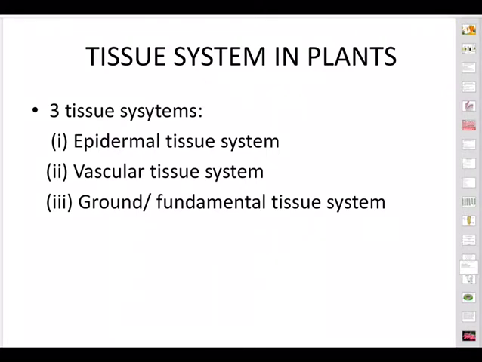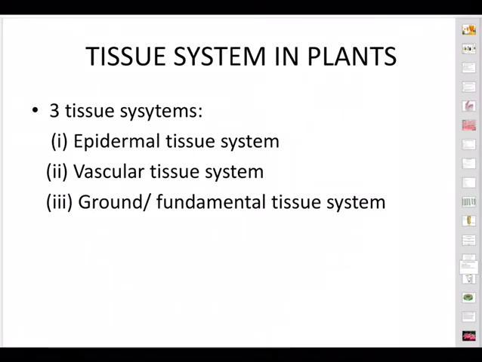This is meant for class 11th biology boys, and we are discussing a chapter called Anatomy of Flowering Plants, and this video is meant for 1st July 2020. We were talking about various types of tissues that are seen in a flowering plant: simple permanent, complex permanent tissues, as well as the most important and unique tissue called meristematic tissue. And in this session, we're going to talk about tissue system in plants.